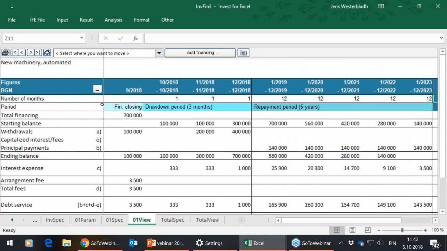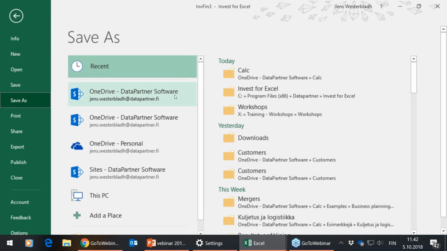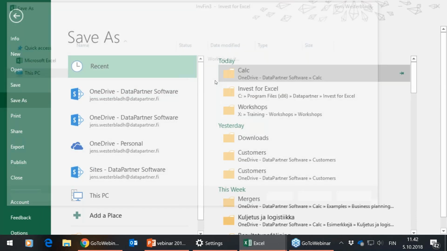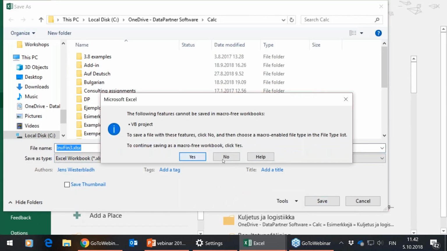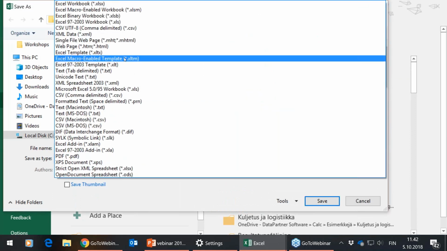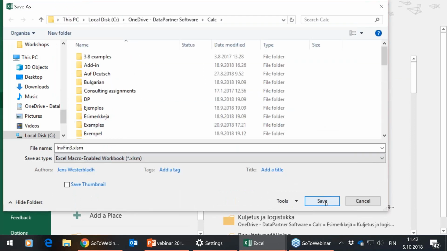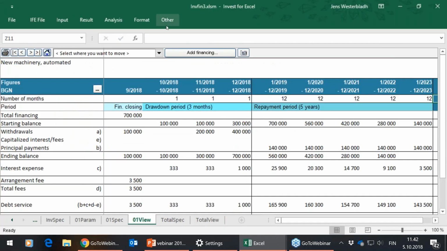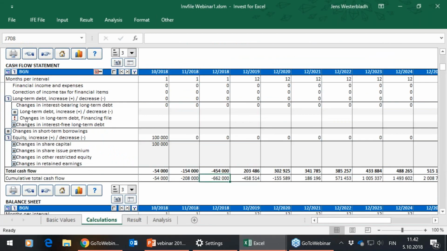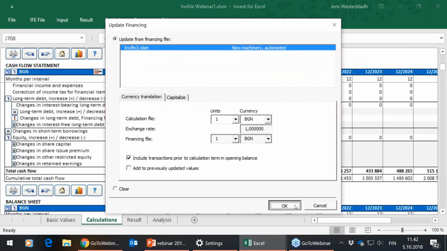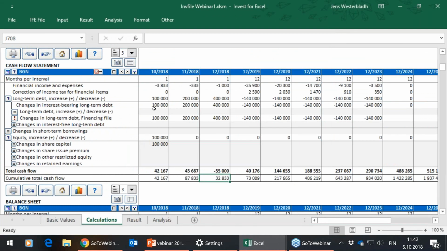But anyway, what I'm doing now, I'm going back to the calculation. I want to save it first. Oh, I'm messing around. Then I go back to the calculation and open the calculation, and now I just update the financing from the financing file. So now it's brought here to the calculation. So we have the loan withdrawals here, and we see that, okay, yes, there is enough money on the account,